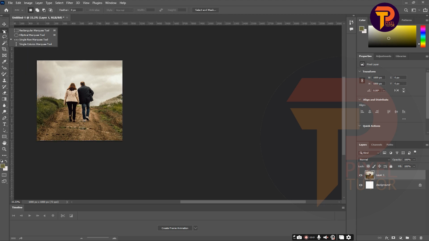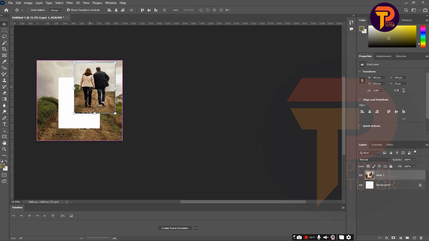And after that, we have a selection tool, that is rectangular selection, and the shortcut key is M for it on keyboard. We'll select this. It will only select in rectangular or square shape. We can move it through V,